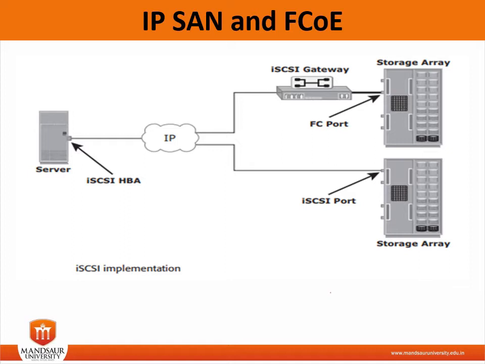Today's topic is iSCSI and FCoE. iSCSI is an IP-based protocol that establishes and manages connections between the host and storage over IP. This figure shows that iSCSI encapsulates the SCSI commands and data into IP packets and transports them over TCP/IP. iSCSI is widely adopted for connecting servers to storage because it is relatively inexpensive and easy to implement, especially in environments in which an FC SAN does not exist.